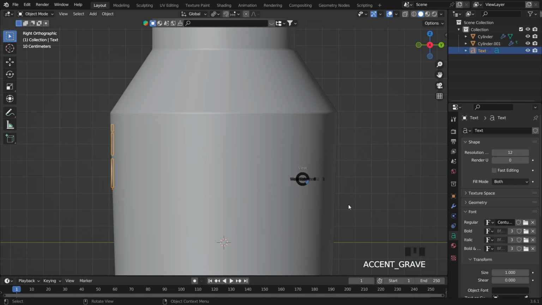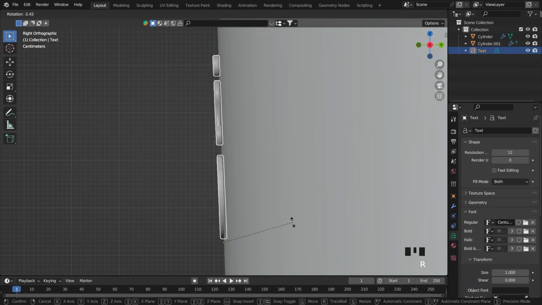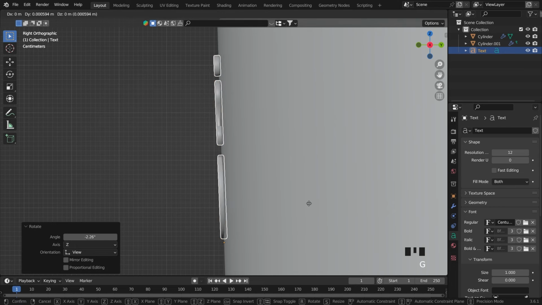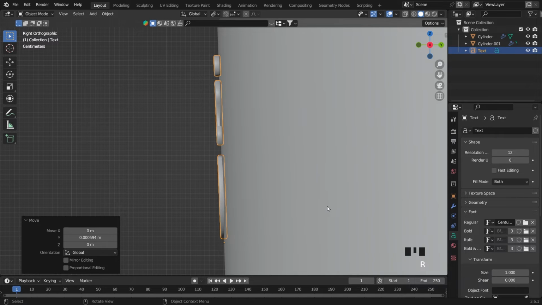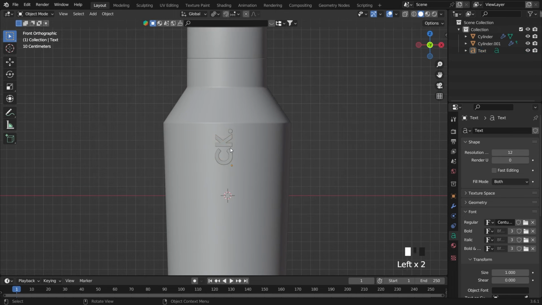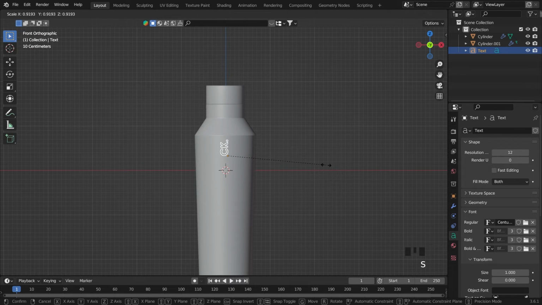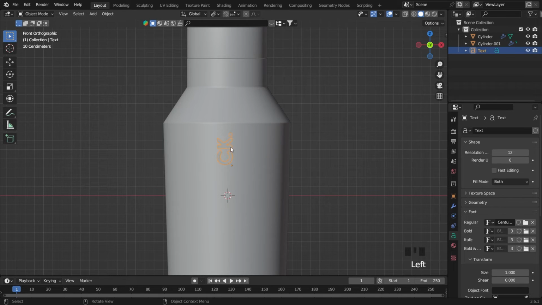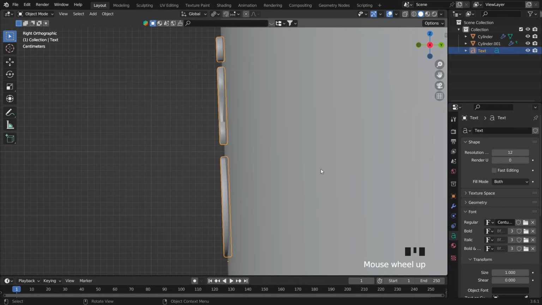So I want to put it there, not really close to the top there, so we can make sure how it was. All right, something cool, but I think this still looks kind of big. We can try to make it a little bit smaller. So if you already do this, let's go